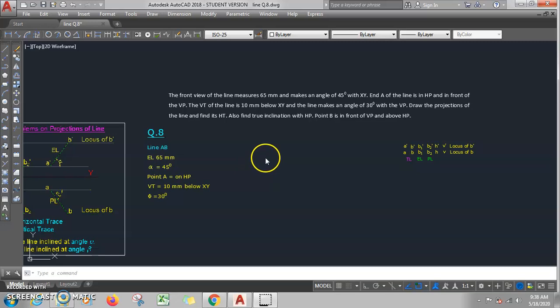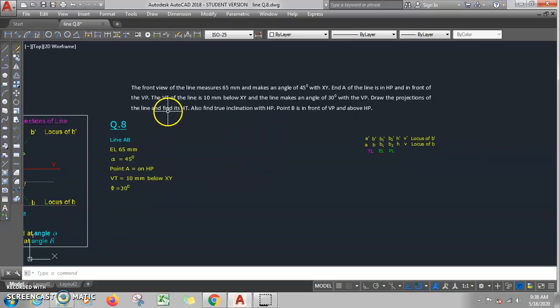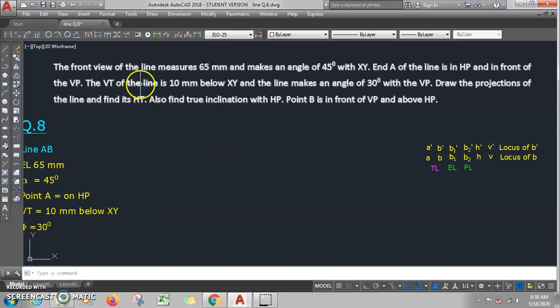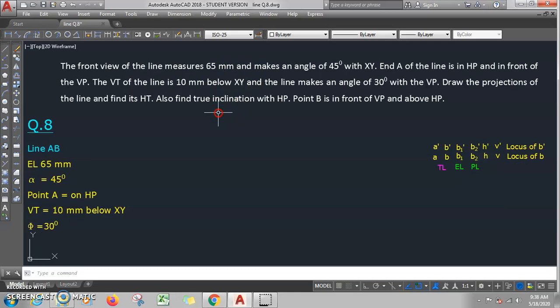In this video, we will solve one problem on projections of lines. Okay, let us read out the problem statement first. The front view of the line measures 65 mm. So elevation length is given. EL is 65, the length of the front view, and it makes an angle of 45 degrees with